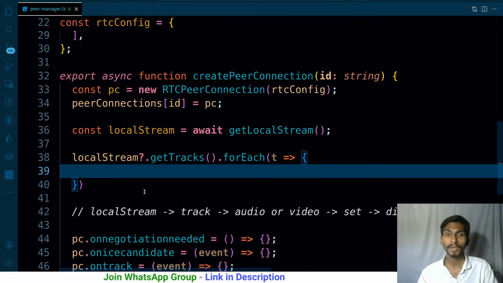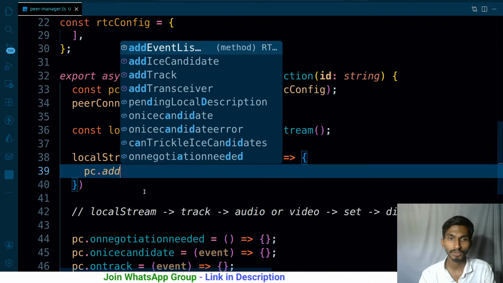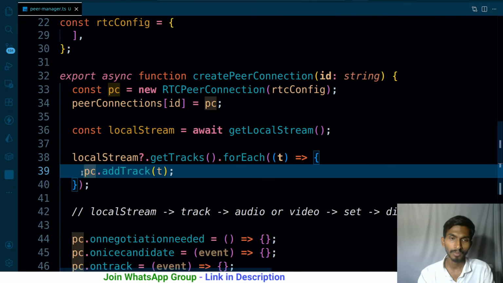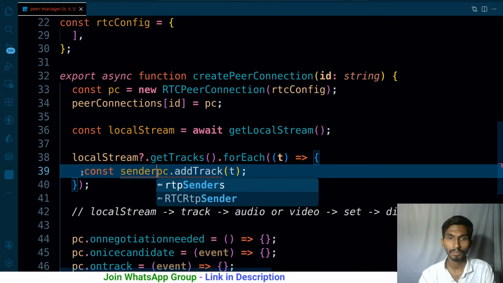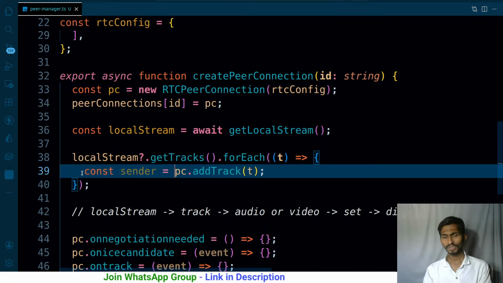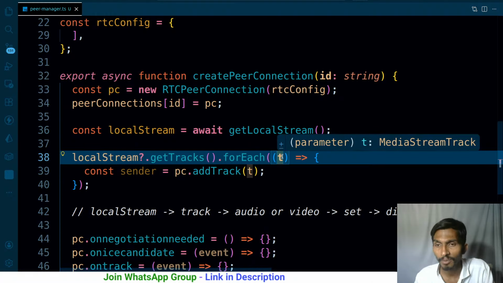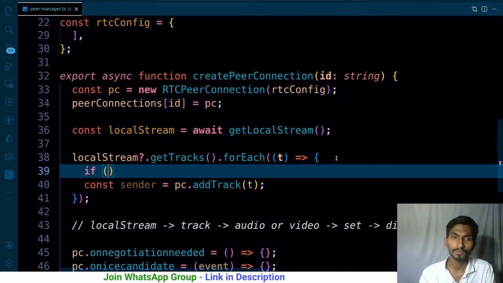Now what will I do? Once this much has happened, I have the track, so I will be adding the track to the peer connection. So peer connection dot add track, and I will be adding this particular track, and this will be done. And from here I will be getting the sender. So const sender. This is what is happening right now, and that is okay. Pretty simple thing. But I have to assign the value of that. But before that, I need to know the type of the track, whether it is audio or video. So if t dot